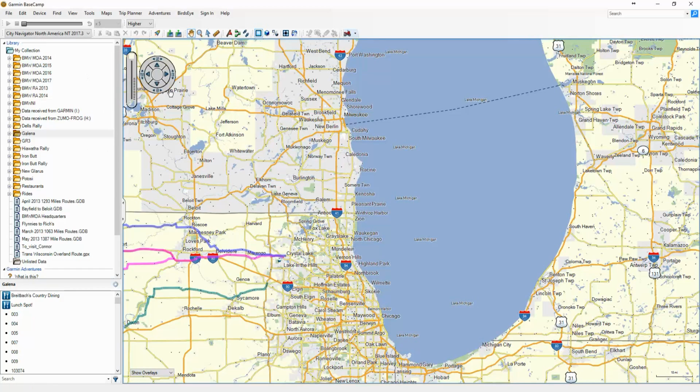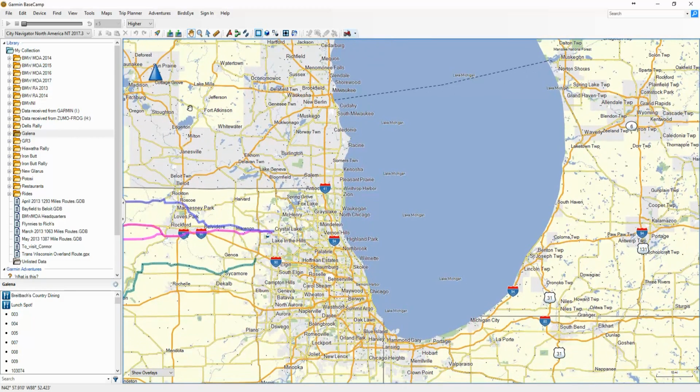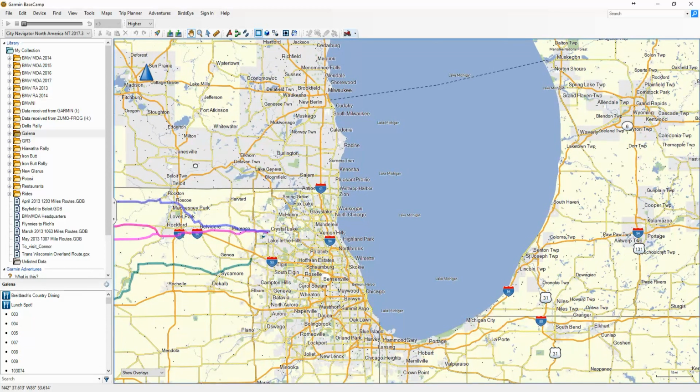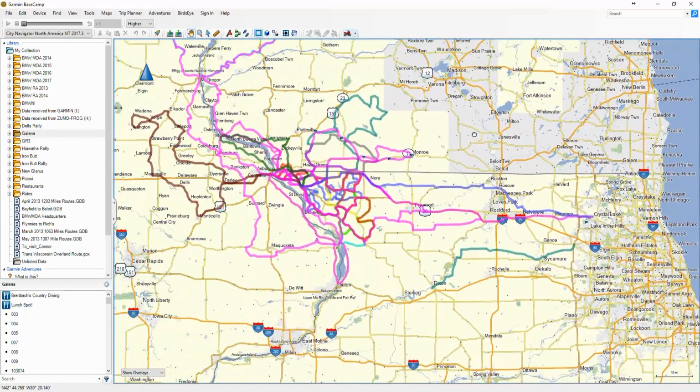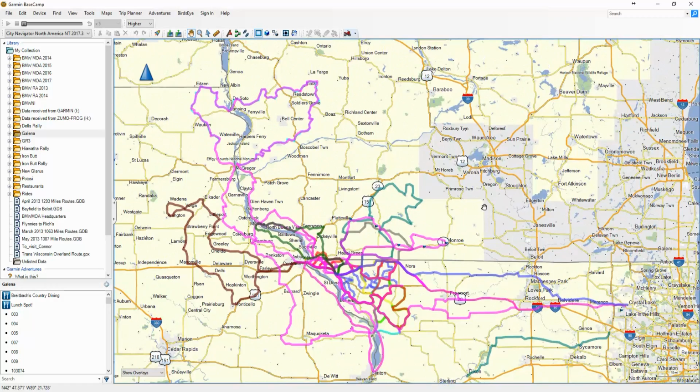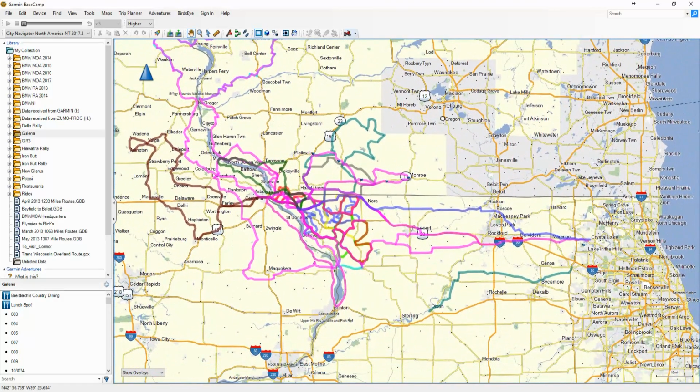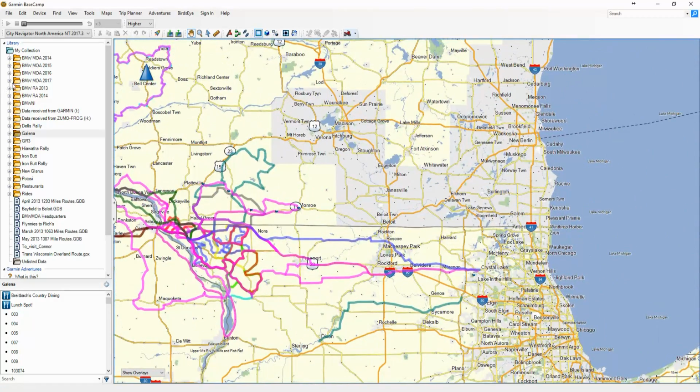Over here we have a collection of folders and rides. When you click on a folder, it's going to show you all of the routes in that folder. So right now I have the Galena folder selected, and it's showing me the routes that I have for the Galena campout. If I select